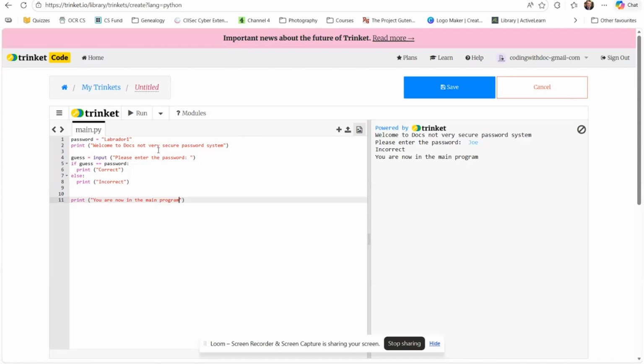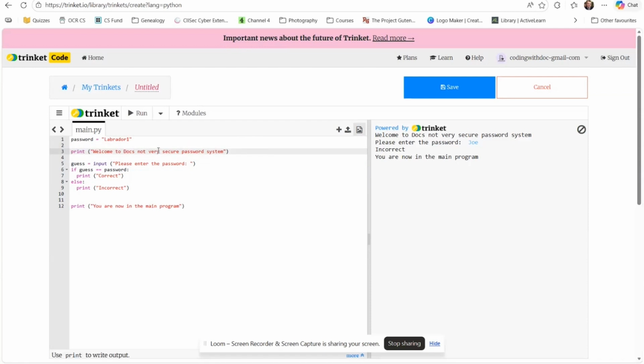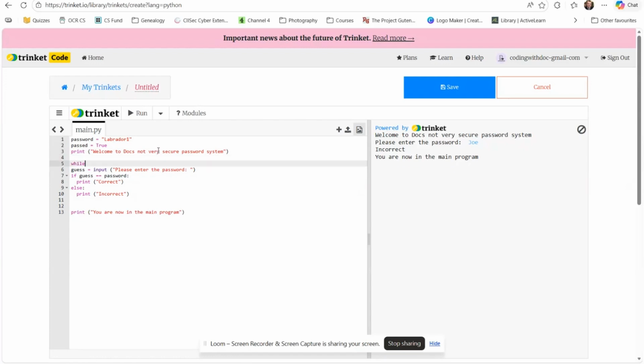Now, the only way to stop that really is with a while loop. So at the top, you could create a variable which you call past. I was going to call it correct then. Yeah, so past equals true. So it's a straightforward true or false variable. And then you do here while past. In fact, let's change past from being true to being false to begin with. So we say while past is the same as false,